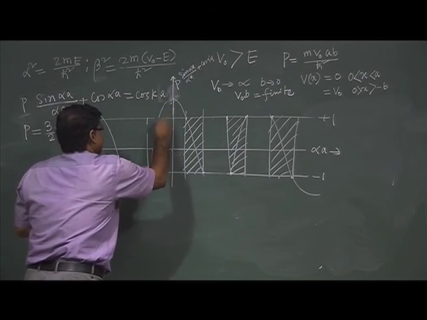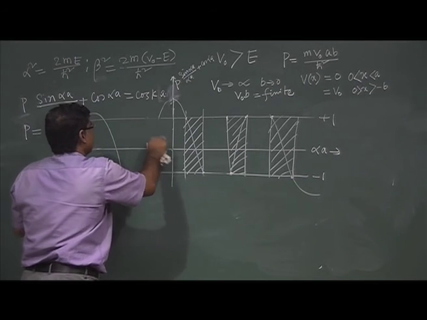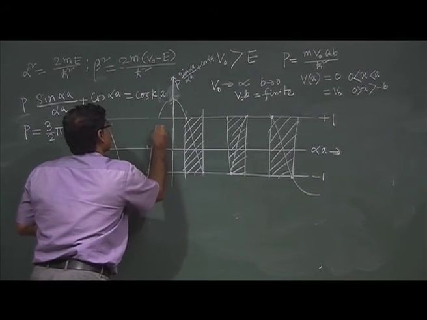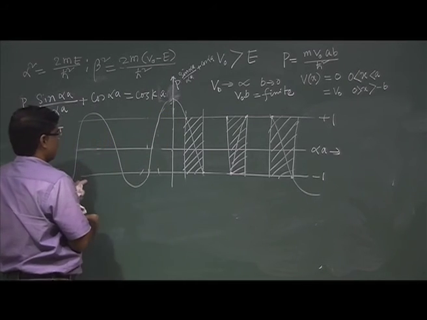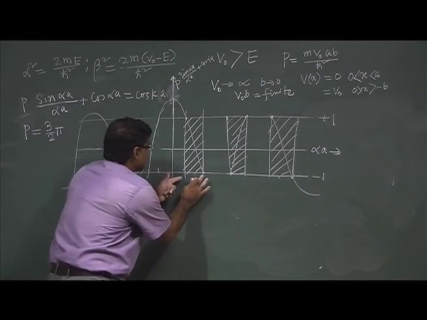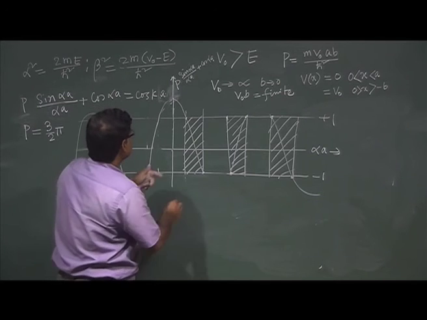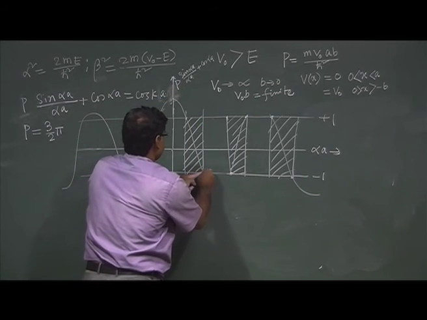Anyway, so I think I should, but forget it. So, on the other side also, one can get this type of allowed region. So, this part is allowed. Okay. And this value, you can see this value.